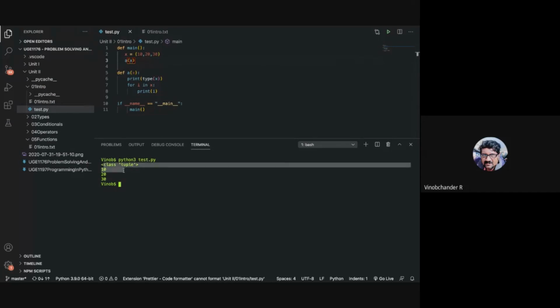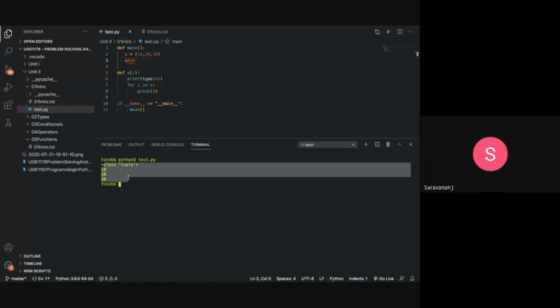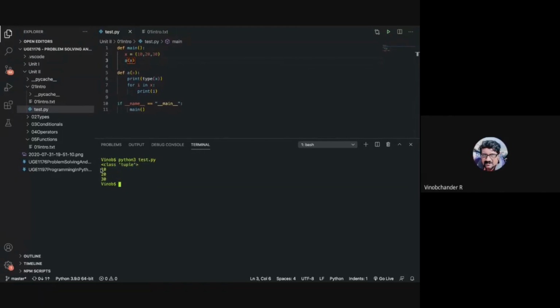This class tuple 10, 20, 30. This is what you asked me to print, right? Correct. So you are able to print 10, 20, and 30. But this is not variable number of arguments, right? Is this variable number of arguments? It's one argument, one tuple. One argument, yeah. So if I say 10, 20 here, will this work?